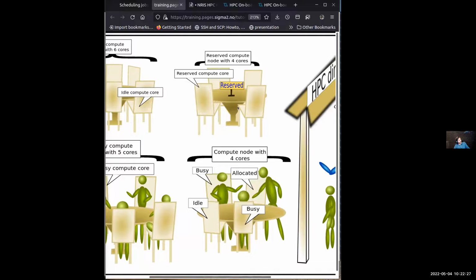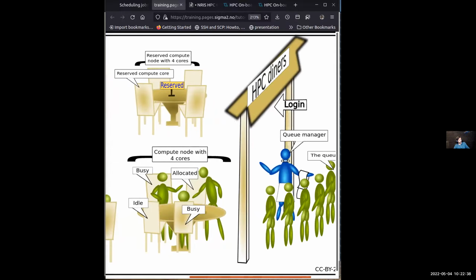And this is another type of term that we will see: reserved. That means it's free, but it has been scheduled for a particular set of people. For example, during the COVID pandemic, there was a group analyzing COVID data, so some machines were reserved for them, and only they could come. During this course, Marios and the Sigma2 user management staff have arranged certain nodes, so the course participants could go with a higher priority. If that table is there, they could just go, bypassing the queue.